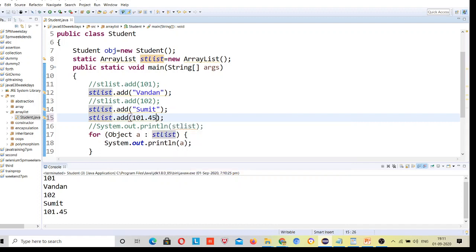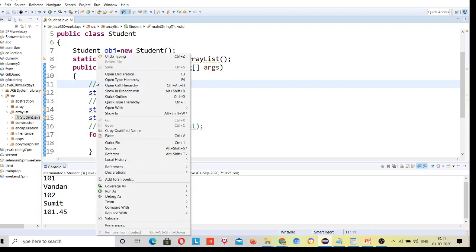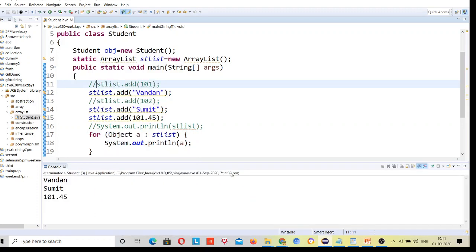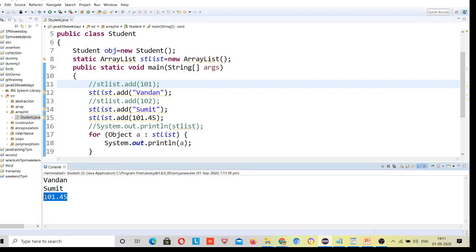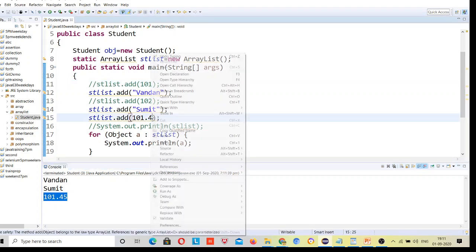If I print this, then what is going to be printed? Let me show you. It will print only the number and it will only consider it as a double, right? Suppose I write like this, then it will print like this.